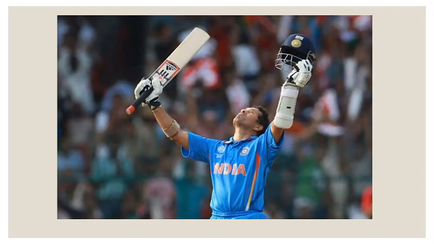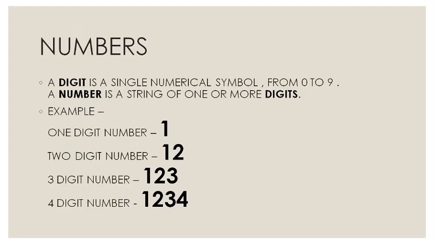If you take an example of a 3-digit number, then this is the number here. In this number there are 3 digits. First one is 1, second one is 2, third one is 3. Like this, if you want to take a 4-digit number, the number has been written here. There are 4 digits, those are 1, 2, 3 and 4. These 4 digits are combined in a systematic manner to form this number.